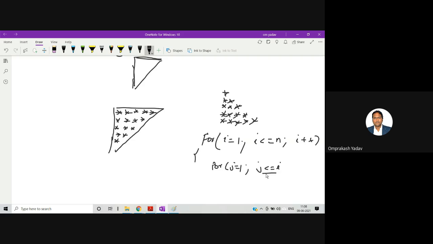This is the important condition for the first type of pattern. Only the last two problems were different, because they were not following j less than equal to I. Otherwise, all the problems were of the first type. So j less than equal to I, j plus plus.